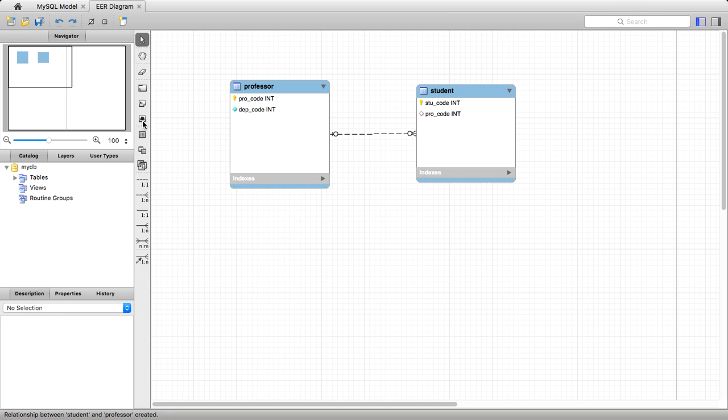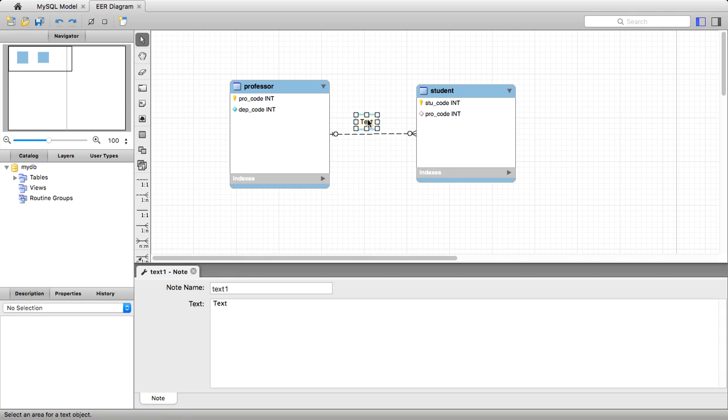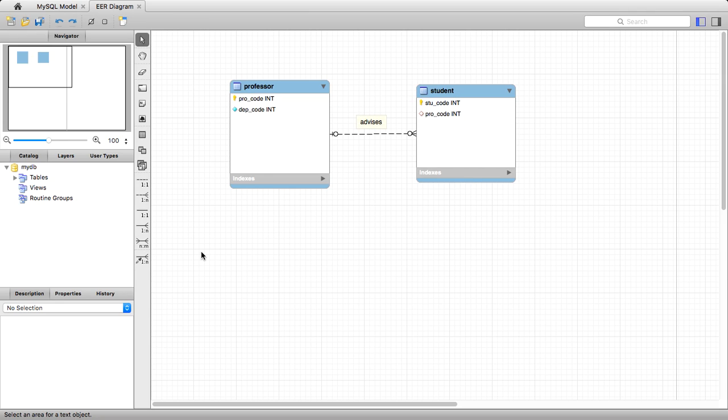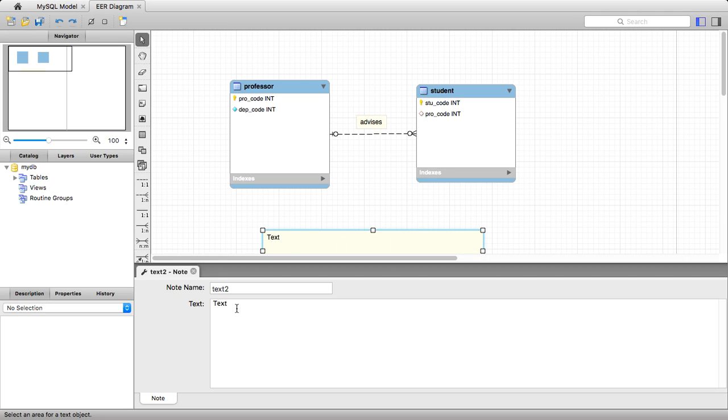Okay, so the last step is to enter the relationship name. And use another text box to enter that illustration, that business rule I just discussed. One professor,